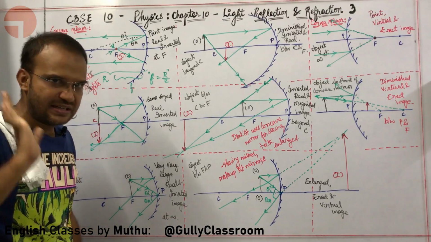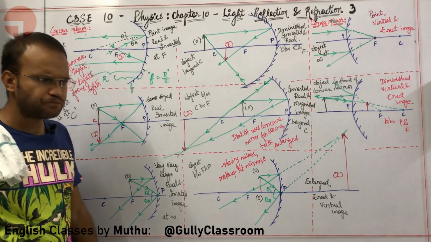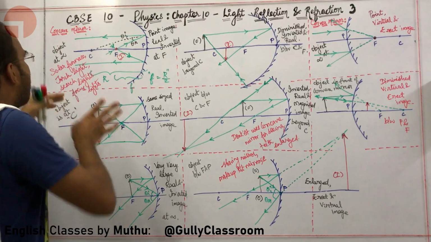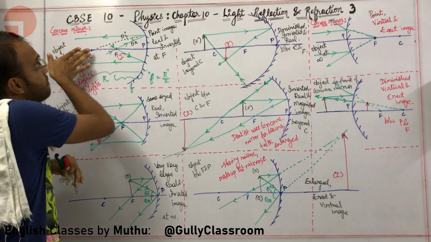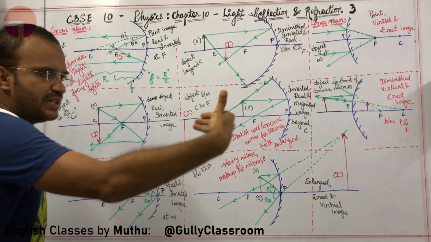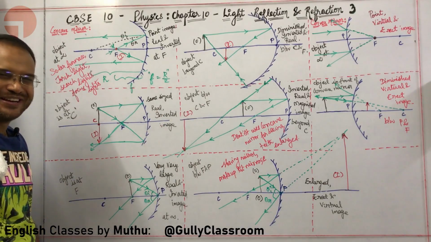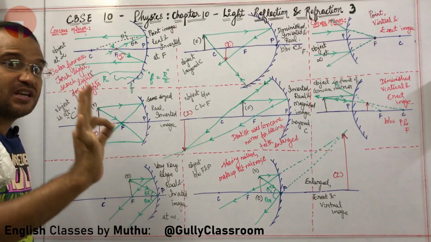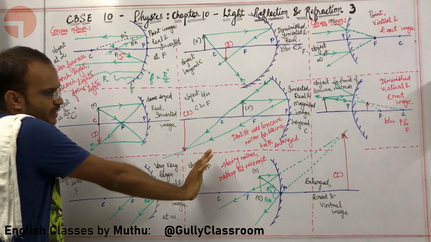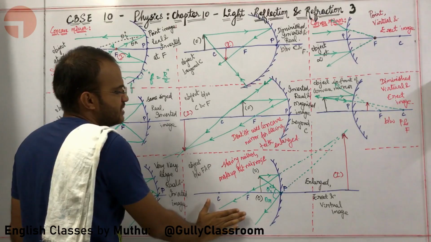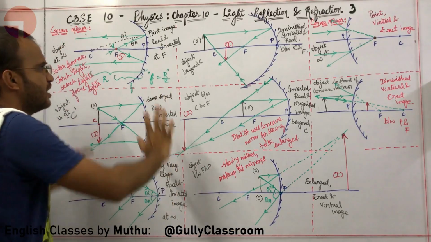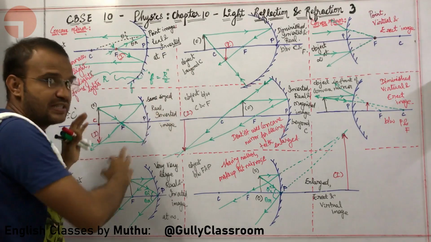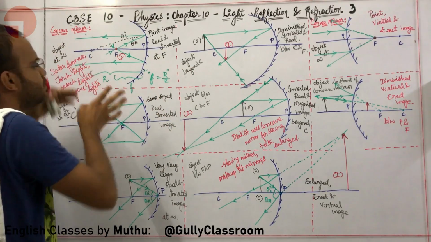Another very, very interesting thing. Yes, sir, what is this interesting thing? In a concave mirror, as the object is coming near to the spherical mirror, the image is moving away from the spherical mirror, especially for all real images. Right now I am not bothered about the one virtual image which is forming in the concave mirror. I am only comparing the real images that are formed in the concave mirror, as the object is moving towards the mirror.